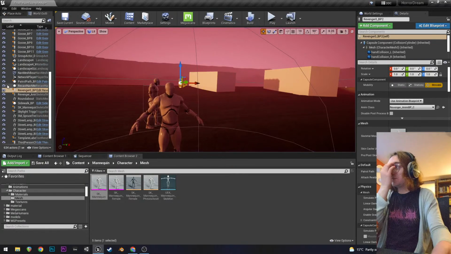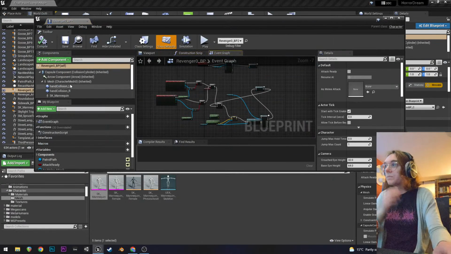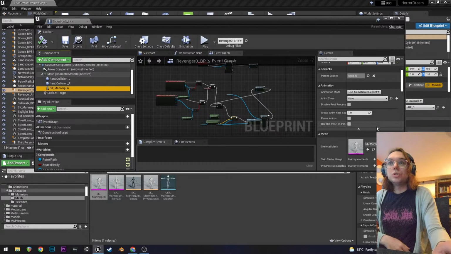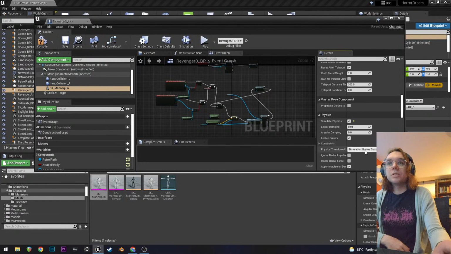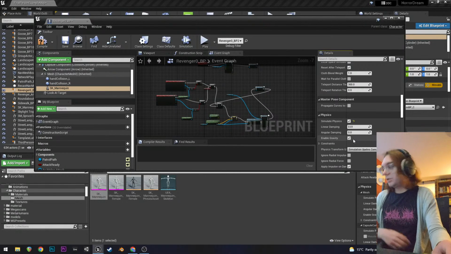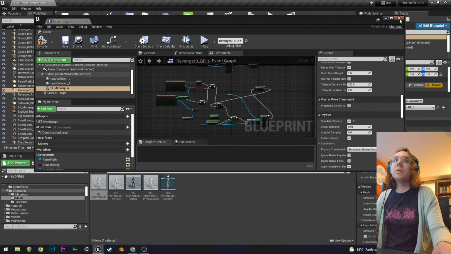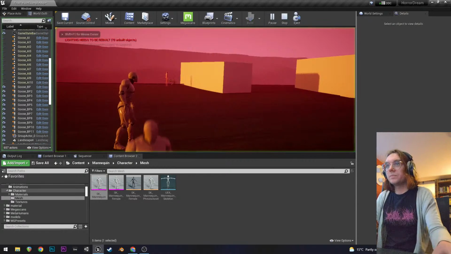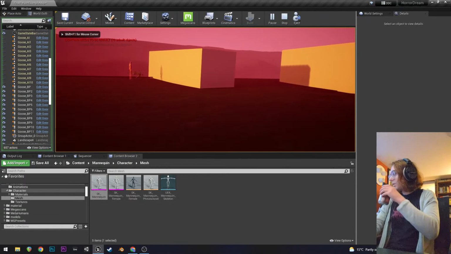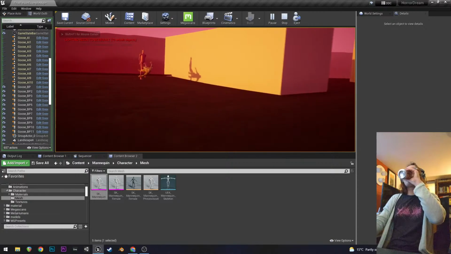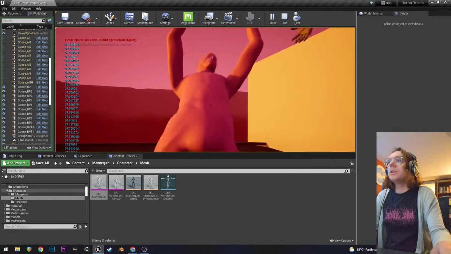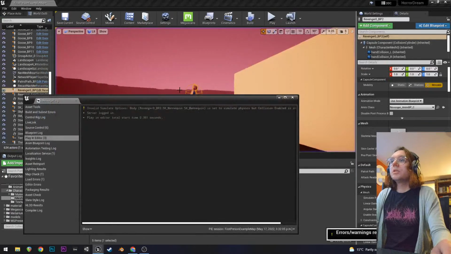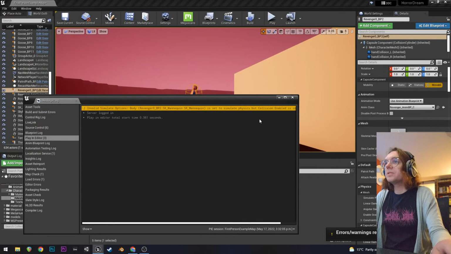Oh, because it's... Simulate physics. Enable gravity. Here we go. Invalid simulate options.